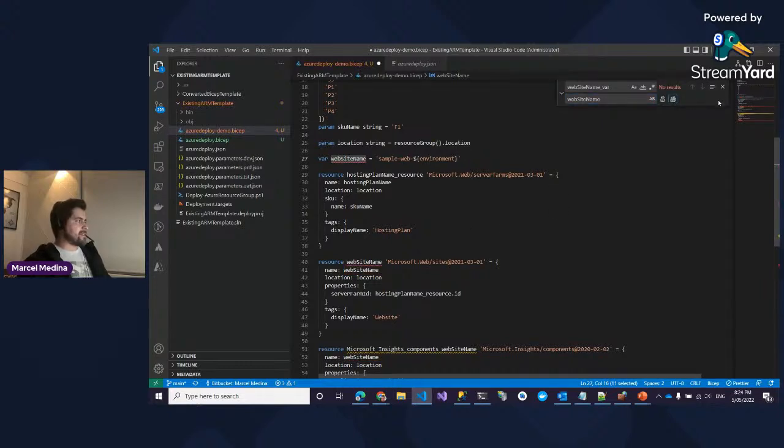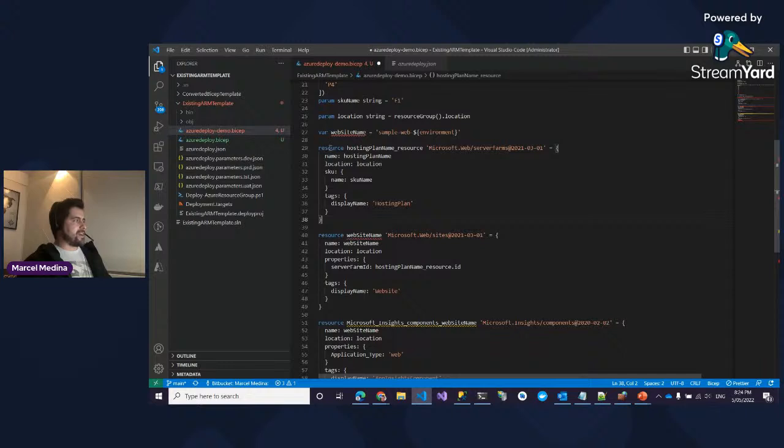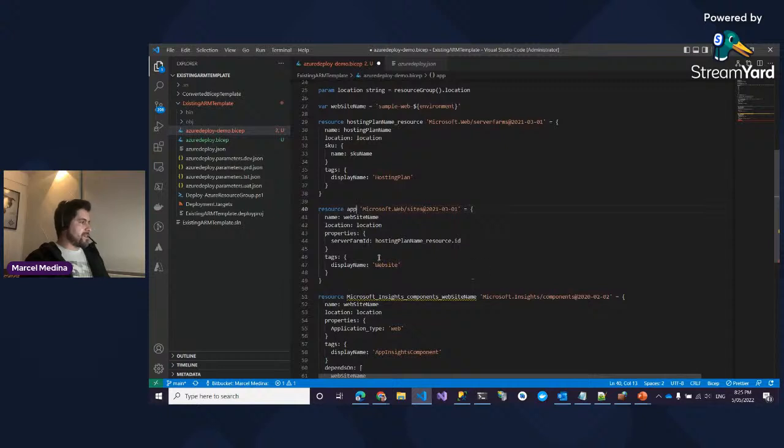I'm replacing everywhere. We have a conflict in here that came up because this was specified as a variable, but this is a resource. So we have an error in here. It says it was declared multiple times. I'm gonna rename this one to, let me change app web. Oops, let me try one more thing here. Yes,